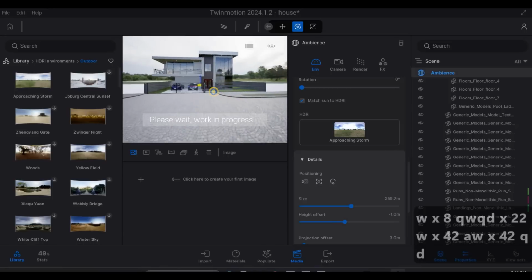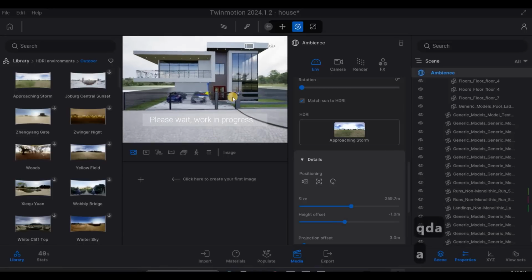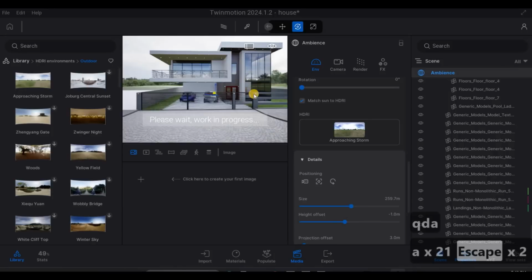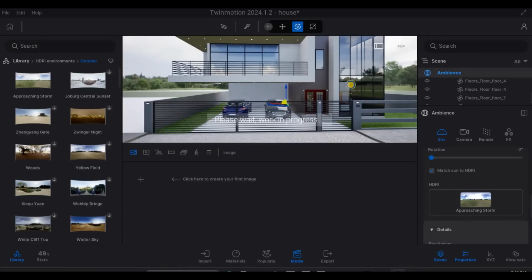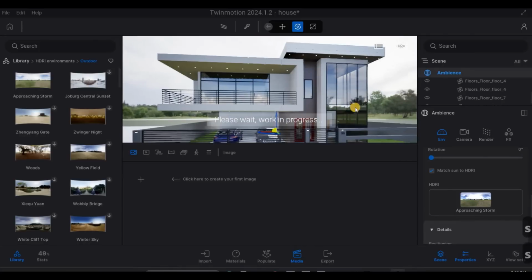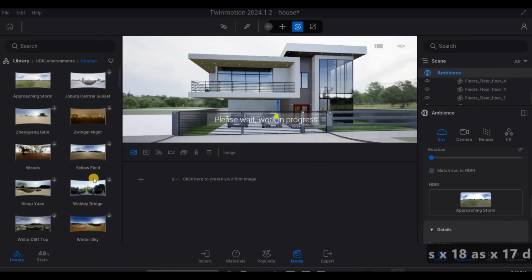So here, as you can see, it's really good, the way that looks. I'm going to put this one back here so that we have enough room to see, and then I'm just going to leave it like that,